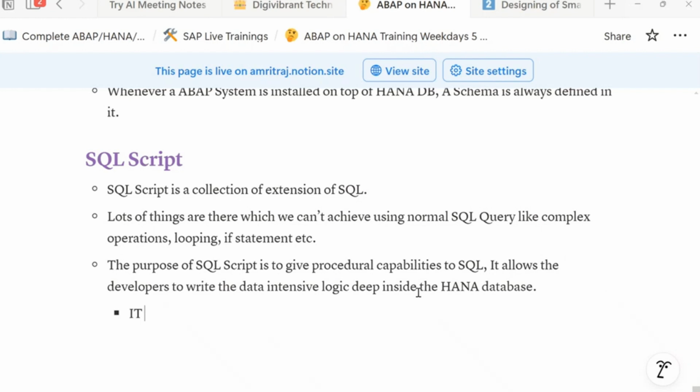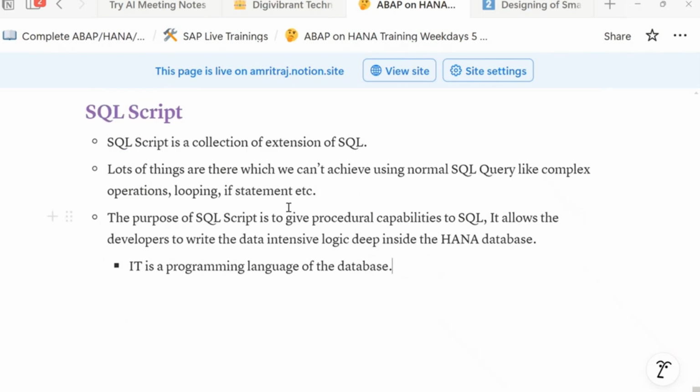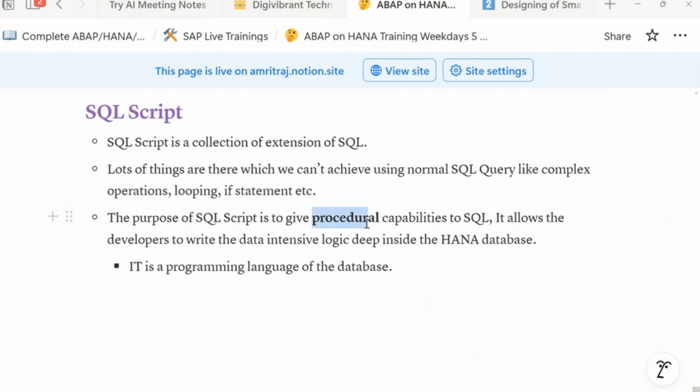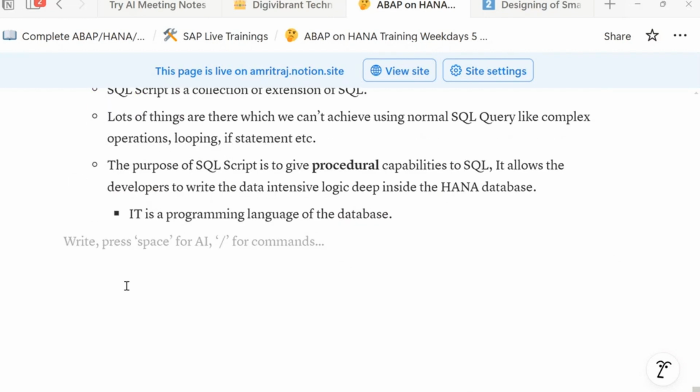You can understand it is a programming language of the database itself, where you can perform every sort of operations. Procedural capabilities, we will see that, and we will later relate it with our ABAP programming, how it is going to help us in ABAP as well. So to write the SQL script code deep inside the HANA database,